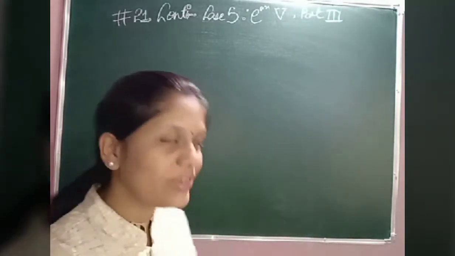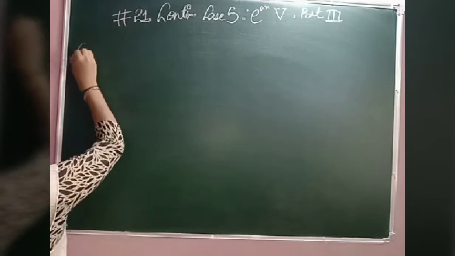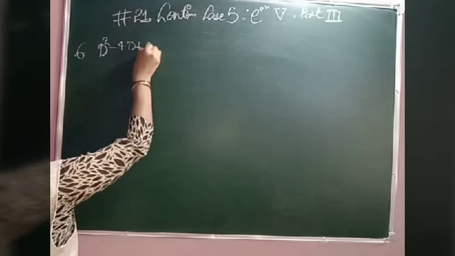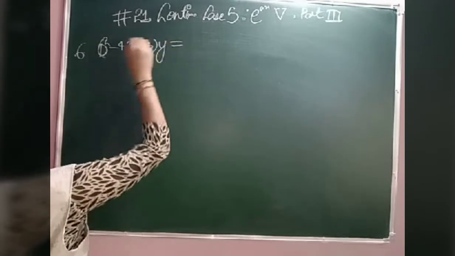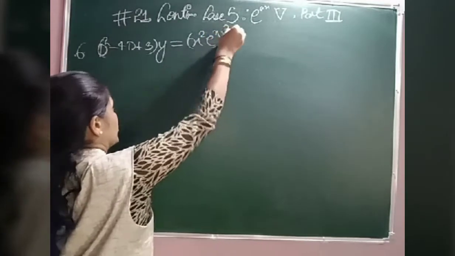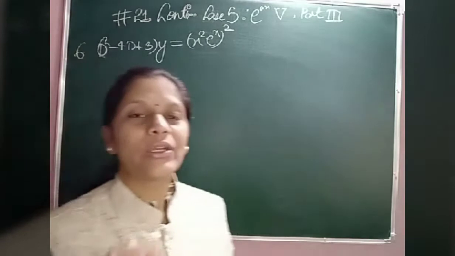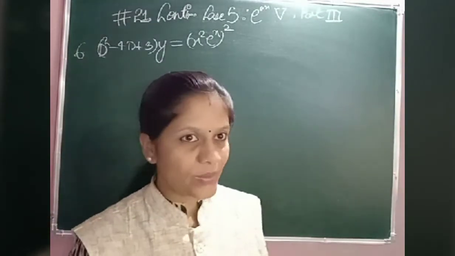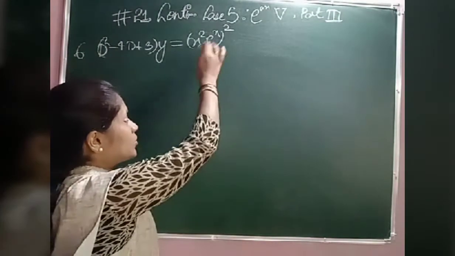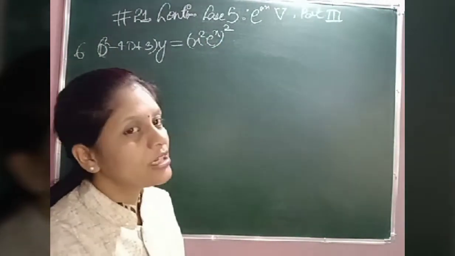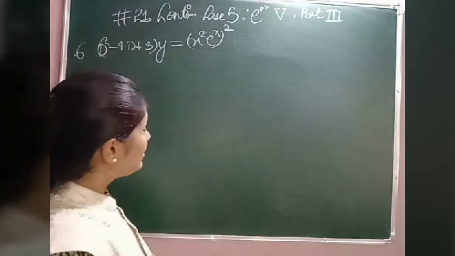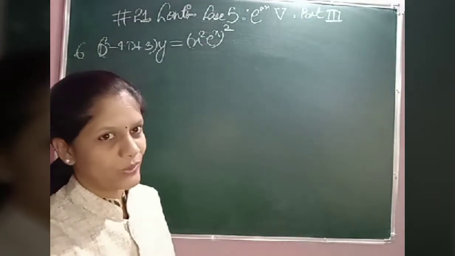The question has been given as: solve (D square minus 4D plus 3) of y equal to (x square e raised to x) whole square, right? Even this question is an easy one, just what they have given in the RHS is a square. What is the meaning? x square into e raised to x multiplied 2 times. What does that give? x square into x square, x raised to 4, e raised to x into e raised to x, e raised to 2x, right?